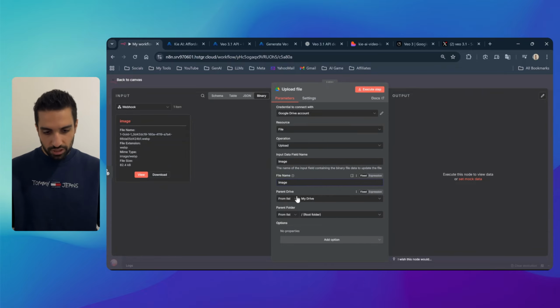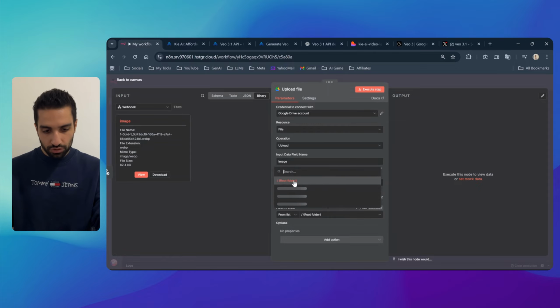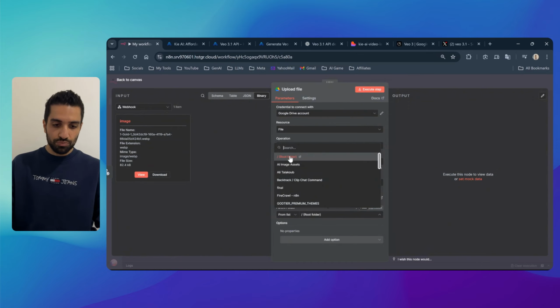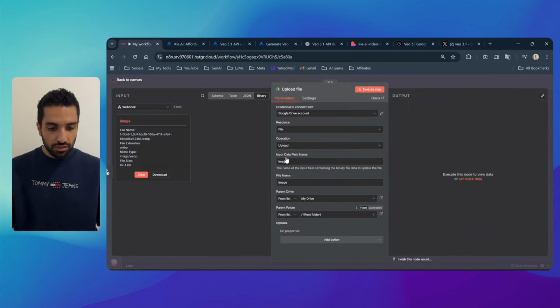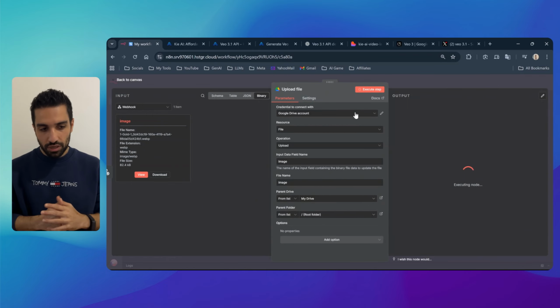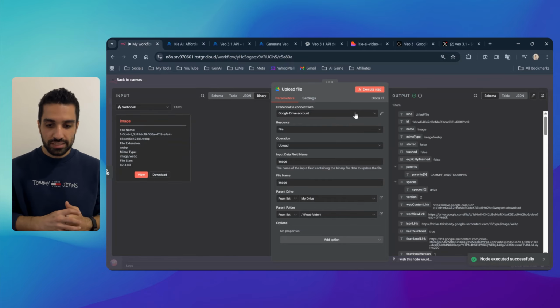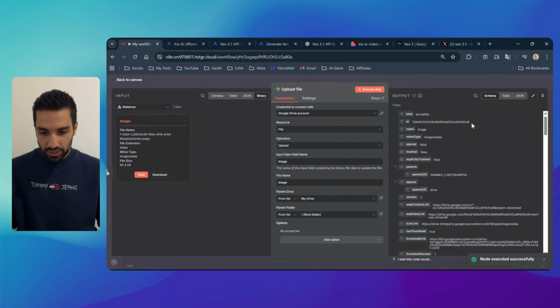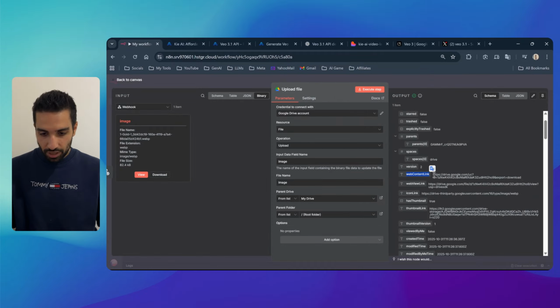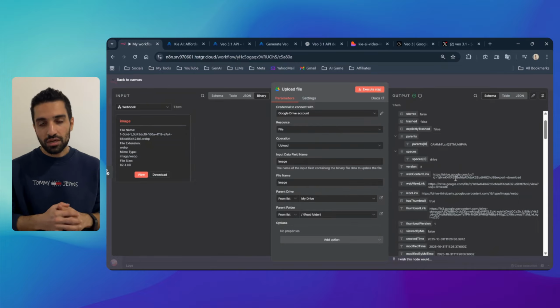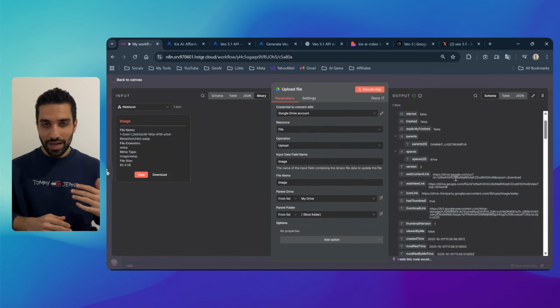That is fine. Now we need to choose where we want to upload this image. I'm going to use my drive, and I'm going to use the root folder. I don't want to upload it to any particular folder, root folder is fine for me now. So if I click execute step, our image will be uploaded inside our Google Drive, and we will get an ID. With the ID, we also get a web content link and a web view link, and these two links are the exact URLs to pass to